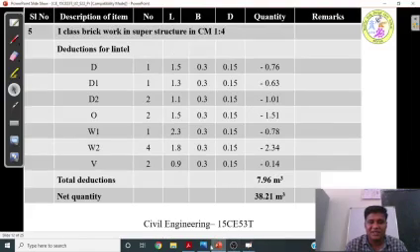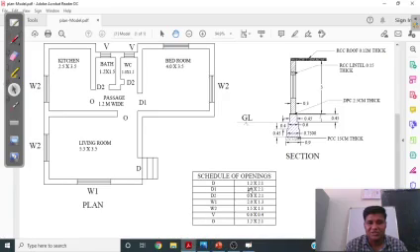If the opening is 1.2 meters, I am going to add 0.15 meter on either side for supporting on the wall. Say for example, if D is the opening of size 1.2 meter, by adding 0.15 meter, 1.2 is the opening